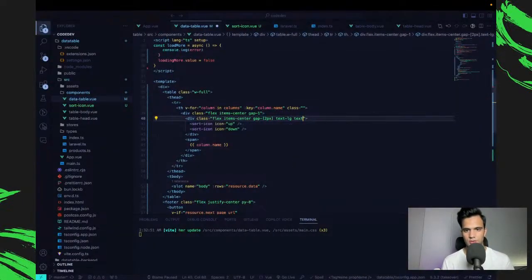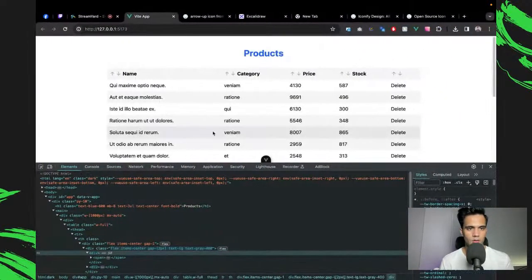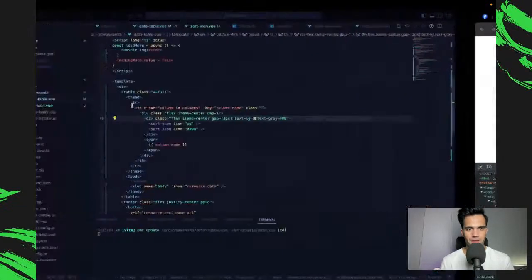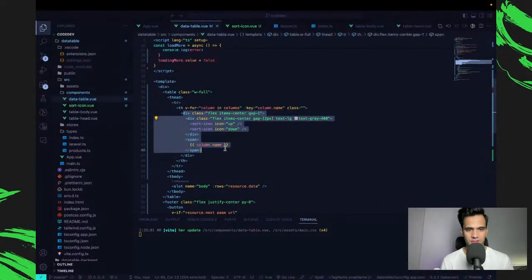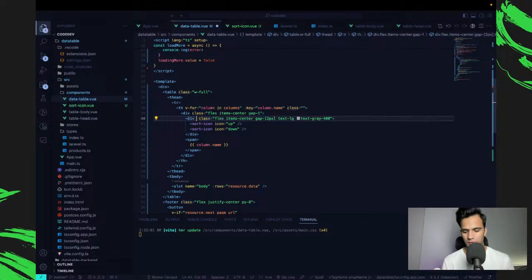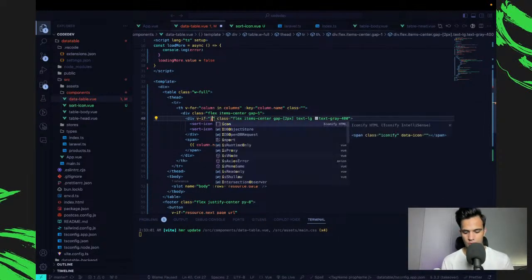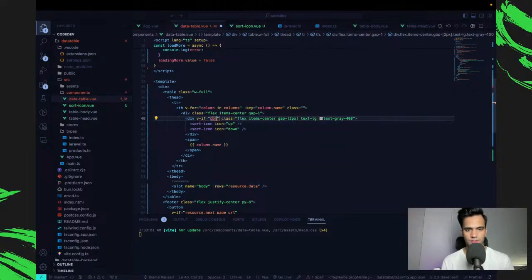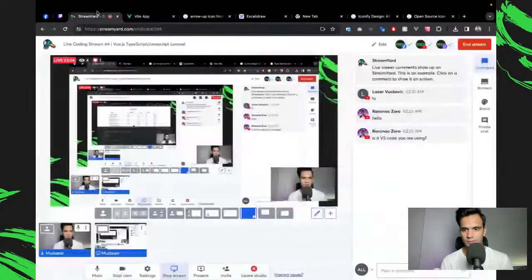Text-gray-400. And then I'll need to add a condition here. And my condition will be if the column is sortable. So if column.sortable, then it will allow the sorting.